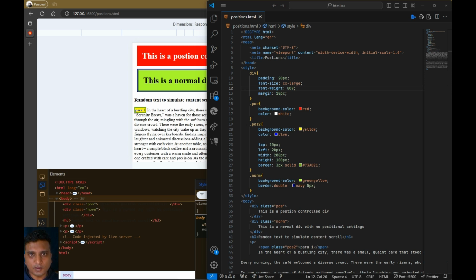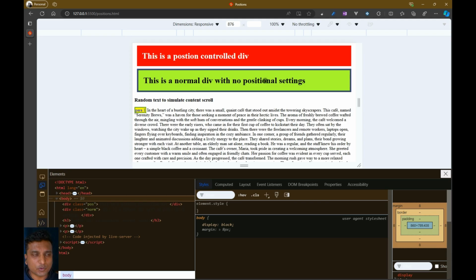Positions in CSS. This is a feature commonly utilized for placing elements out of order, or rather placing them in the most unnatural way possible. So let's say, for example, we have this document that I've created, and this document is showing a large div